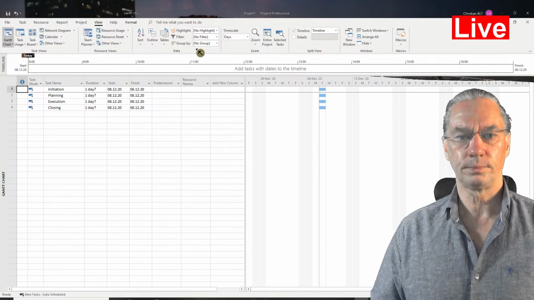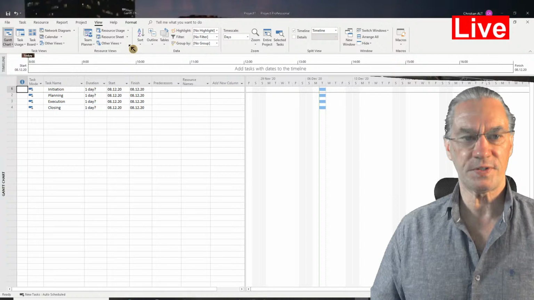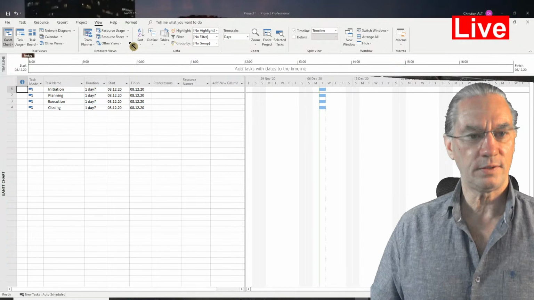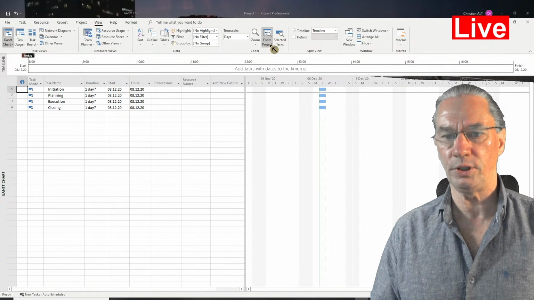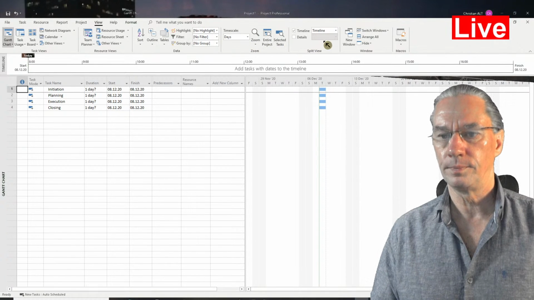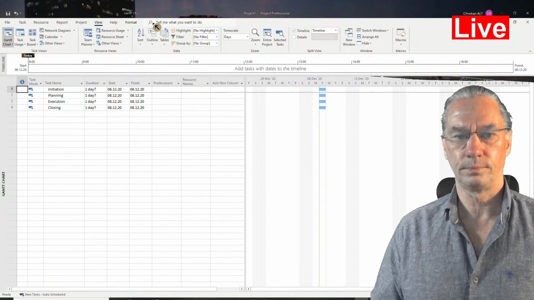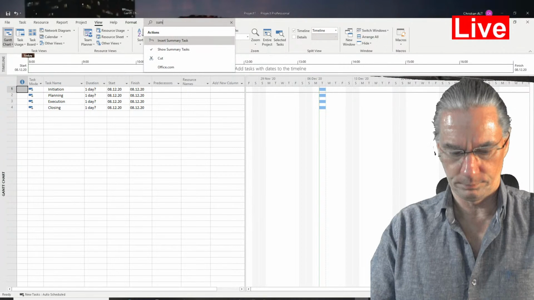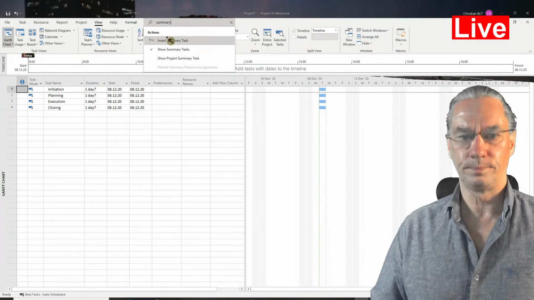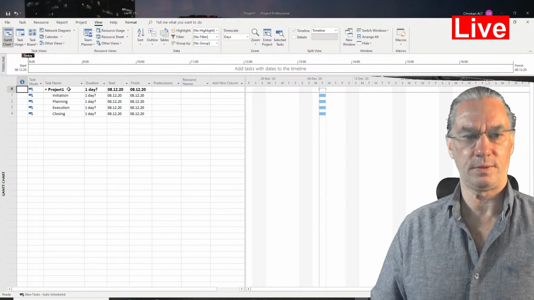View. I'm looking for the summary task definition. I'm missing that summary task, and it's really important to me. I need some help. Project summary task, that's it.